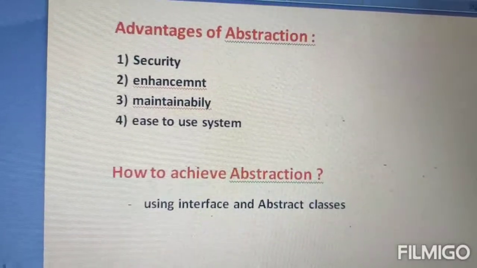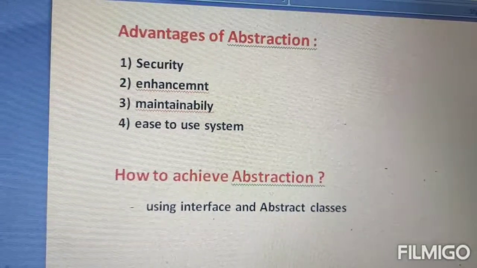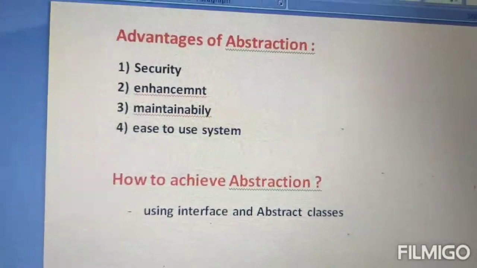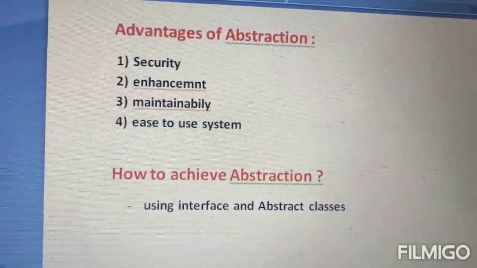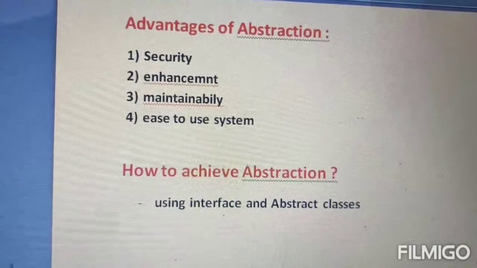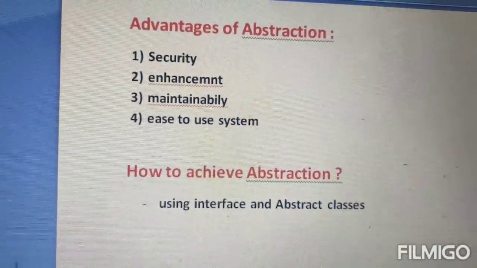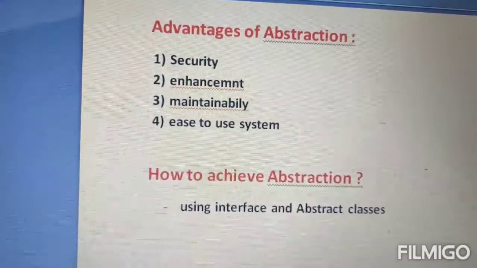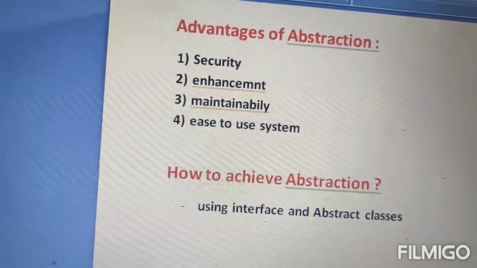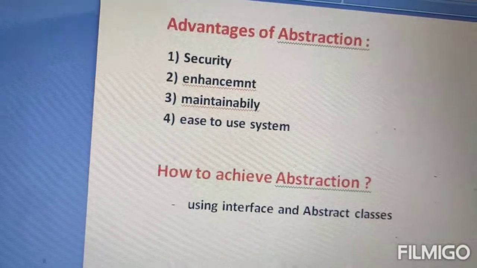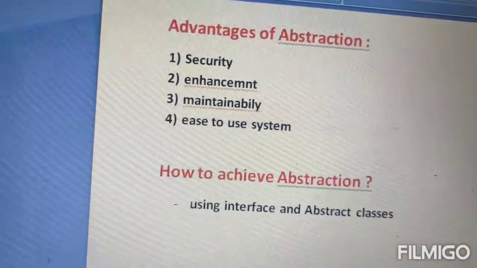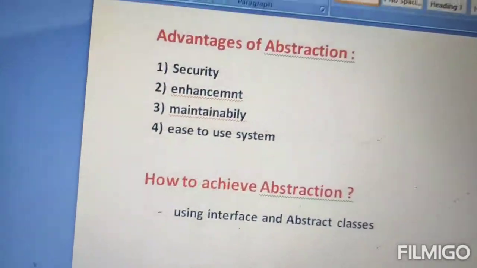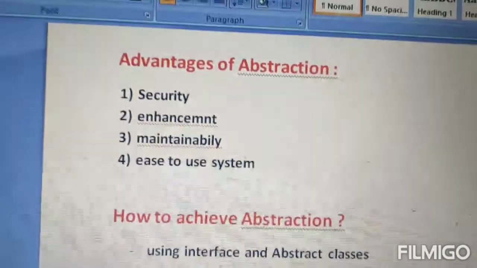So in this way they are taking care of security. Second is enhancement. By using abstraction we can easily enhance the application. Without affecting outside persons, we can perform any type of changes in our internal system, and hence enhancement will become easy. Then the third advantage is maintainability.